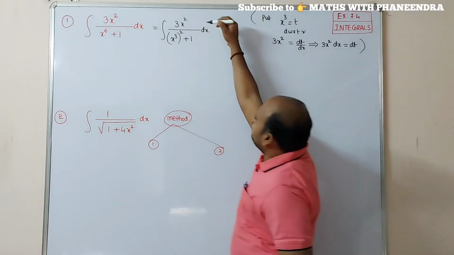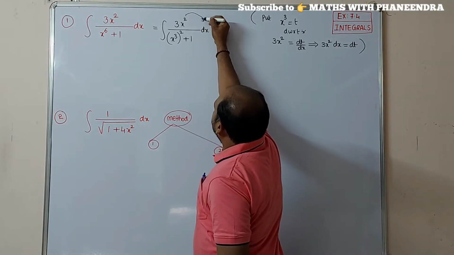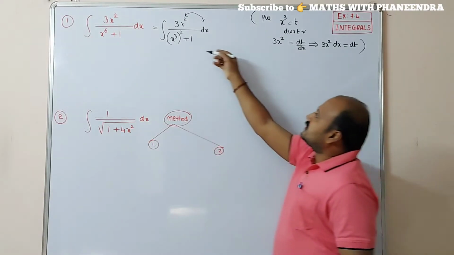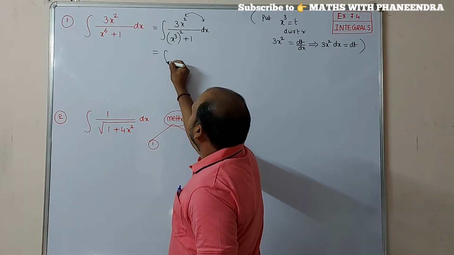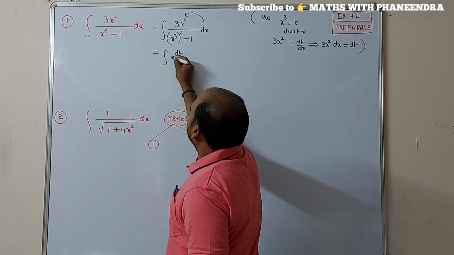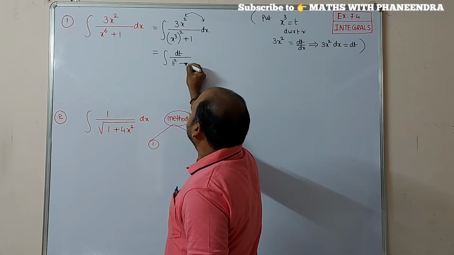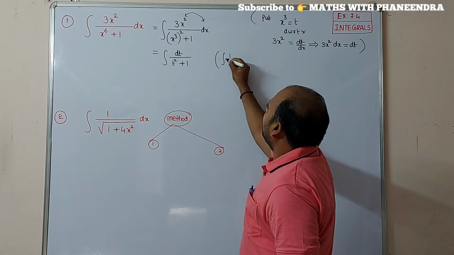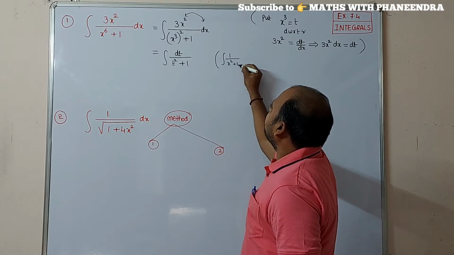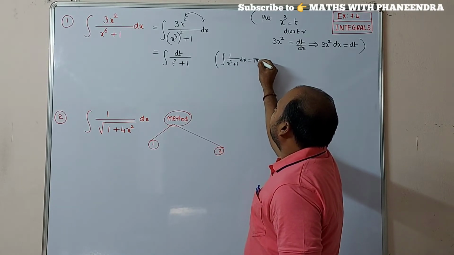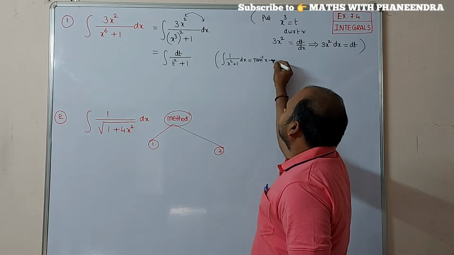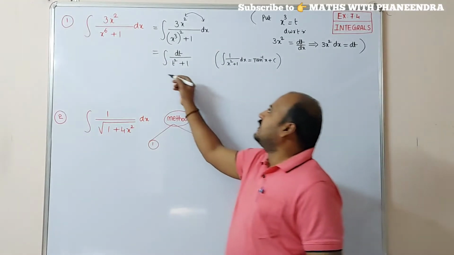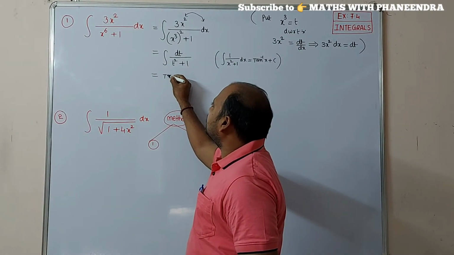So in place of the numerator 3x square into dx, replace with dt. So this will become integral dt divided by t square plus 1. We have the formula integral 1 by x square plus 1 into dx is tan inverse of x plus c. So similarly, integral 1 by t square plus 1 dt is tan inverse of t